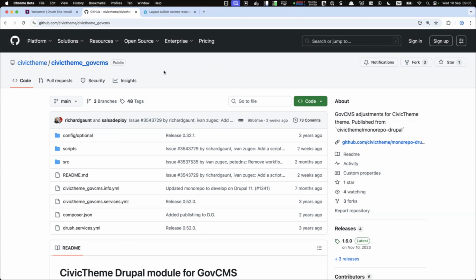Now, Richard, you can jump in whenever you want if I'm mentioning something about CivicTheme wrong. So by all means, just jump in and help me out. But right now, the script is stored on... it is open source, and so you can check it out at this GitHub repo. So CivicTheme underscore GovCMS, and